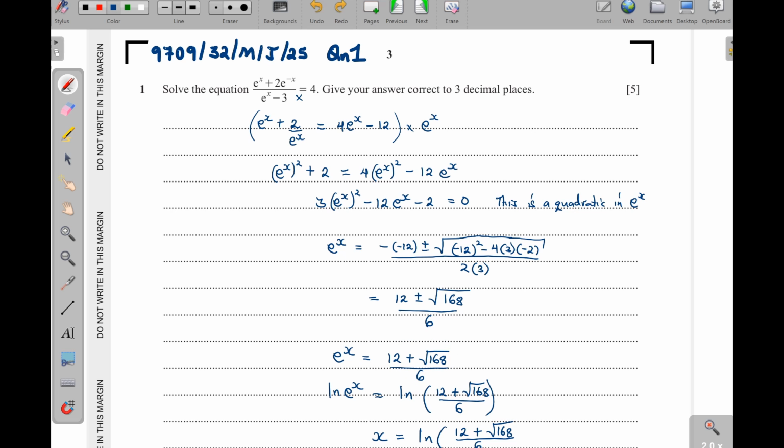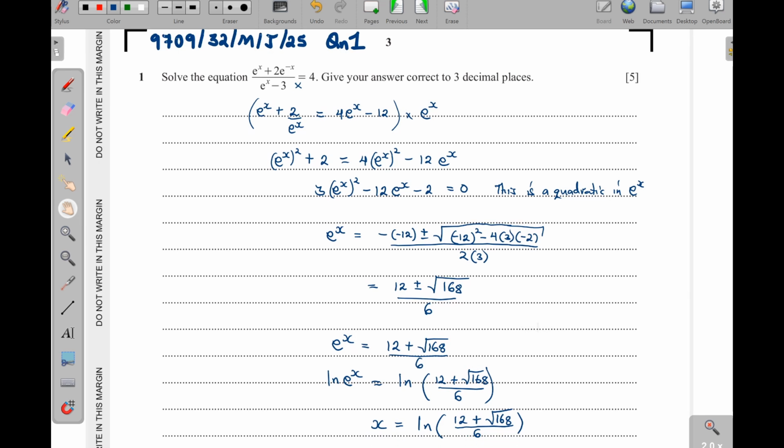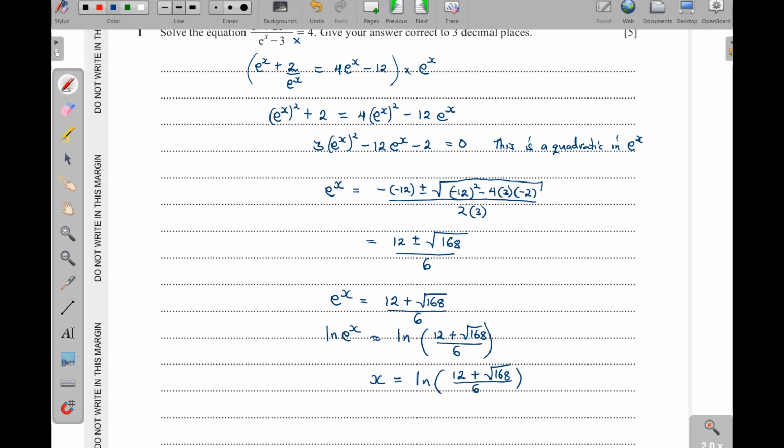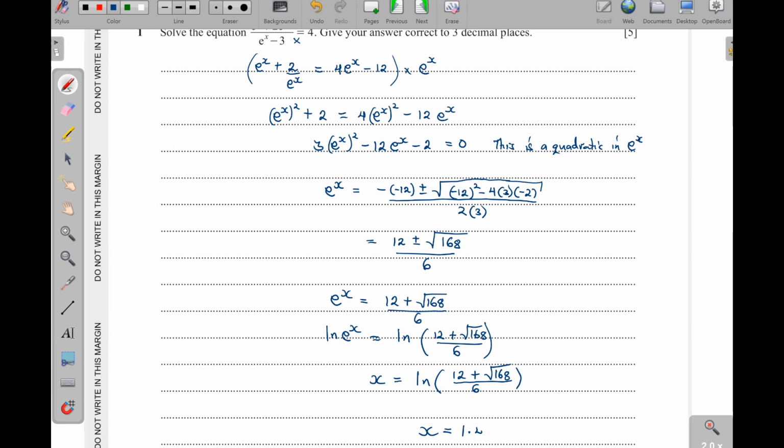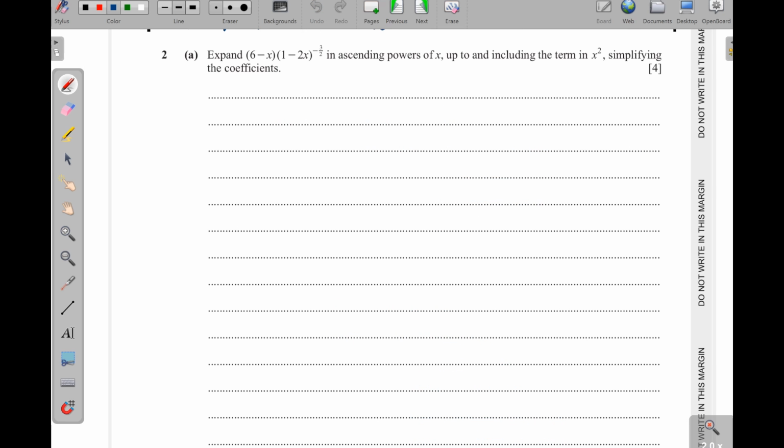Okay, so this one here is going to give us natural log of 12 plus root of 168, then down here we have a 6. That is 1.426. 1.426 to 3 decimal places. As simple as that. Question 2, part A, expand (6 minus x)